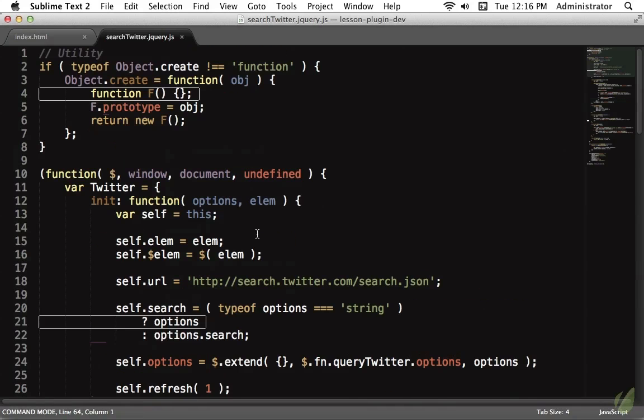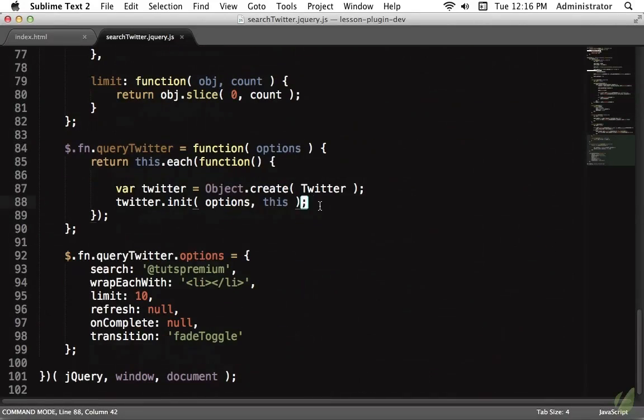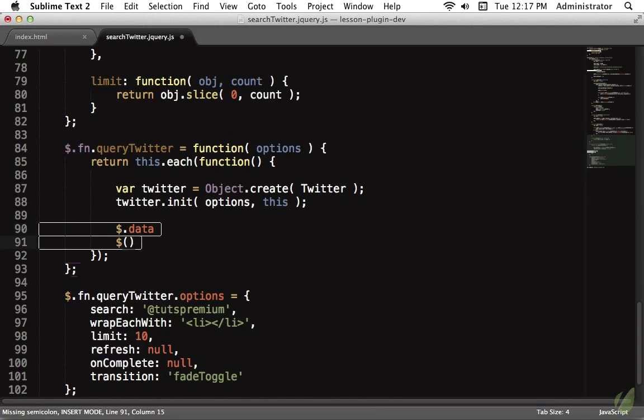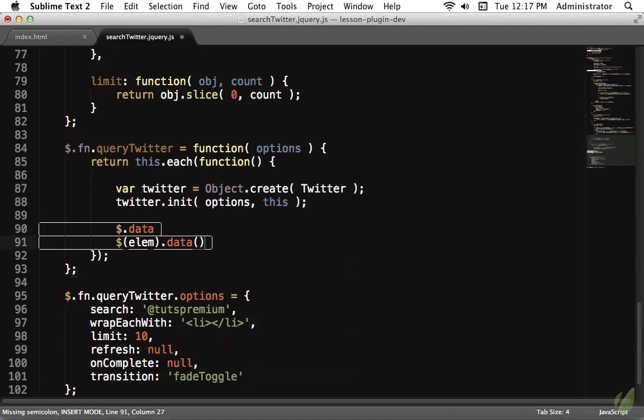So we've done quite a bit here. The final thing I want to do is when we create our instance right here, let's save a copy of the instance just in case the user wants to modify it. And a common way to do this is to save it to the element's data. So we could say jQuery.data. By the way, jQuery.data will be an order of magnitude faster than doing elem.data. So you have the 2 different ways to access it, but using the version off the jQuery namespace is going to be infinitely faster. So let's come back, and we're going to set some data for what element, this,